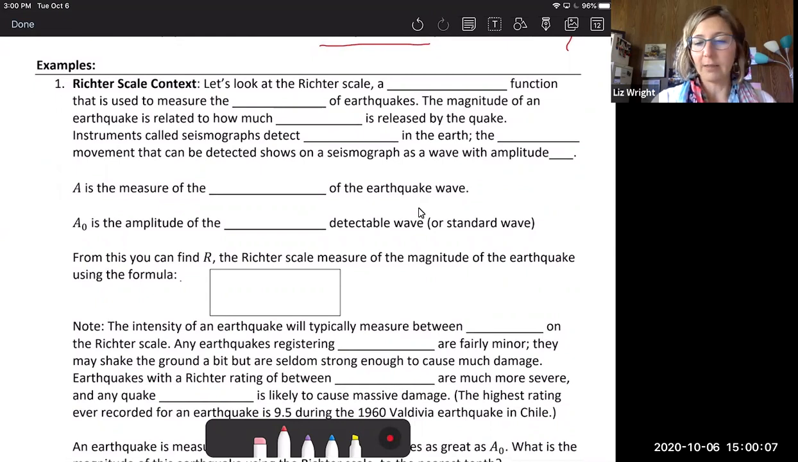A Richter scale is a logarithmic function that is used to measure the magnitude of earthquakes. The magnitude of an earthquake is related to how much energy is released by the quake. Instruments called seismographs detect movement